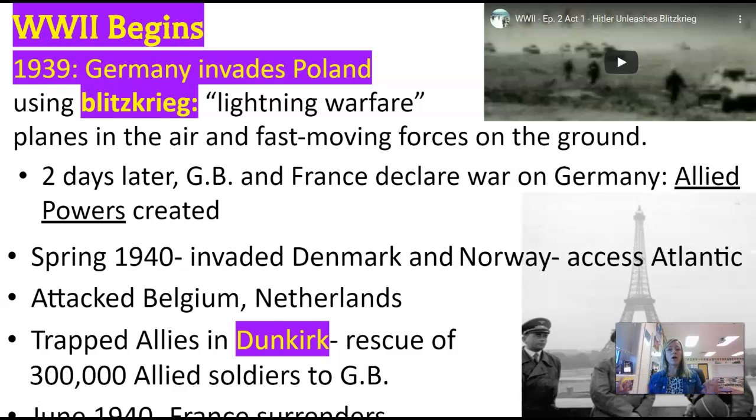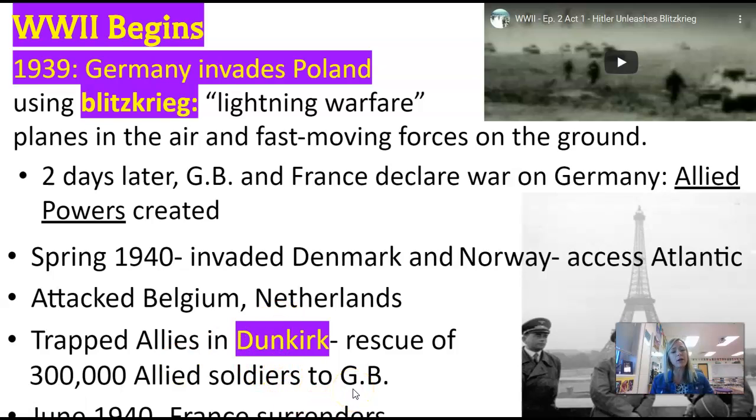So really their options are to surrender, or, if you're familiar with the movie Dunkirk, you end up with a rescue of these Allied soldiers. The British are going to send tons and tons of ships, any ship that they can find, even fishermen, private owners of ships. They tell them, hey, go across the English Channel and pick up as many of these soldiers as possible in order to return them to safety in Great Britain. An estimated 300,000 Allied soldiers are actually going to be rescued from the beaches of Dunkirk,